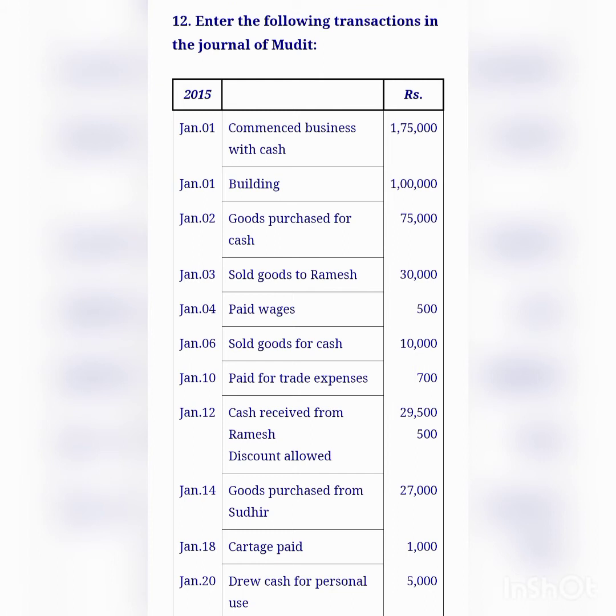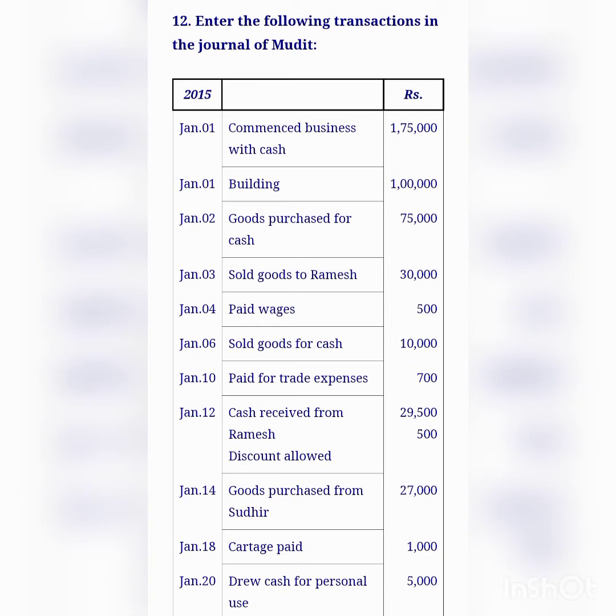On January 3rd, goods sold to Ramesh. Here, this is an example of a credit transaction. What is the reason? Cash paid or cash received is not mentioned in this transaction. Only the debtor's name is given. So this is an example of a credit transaction. At the time of selling goods, the account to be opened is sales account.